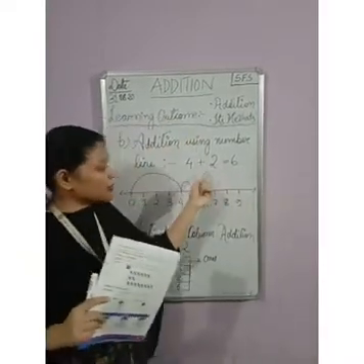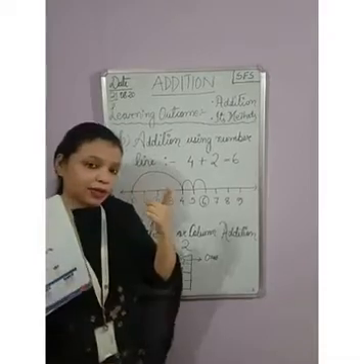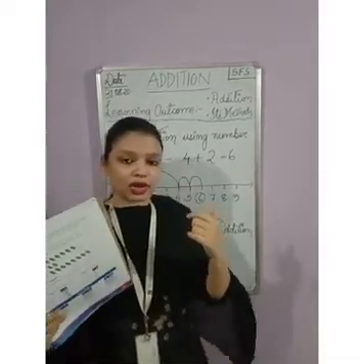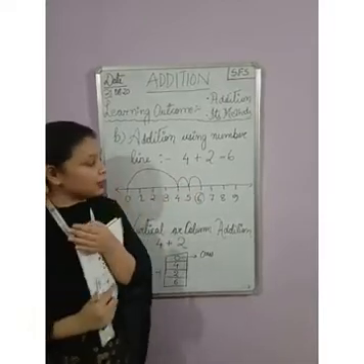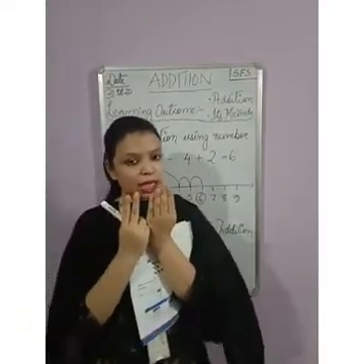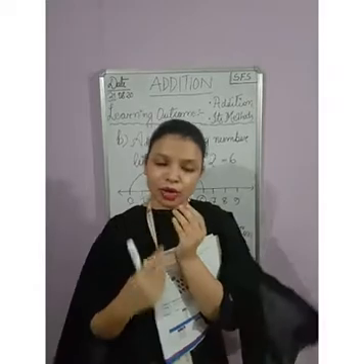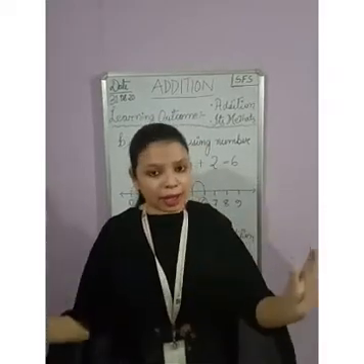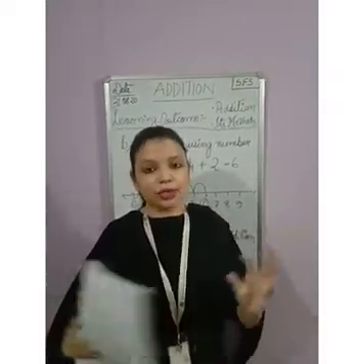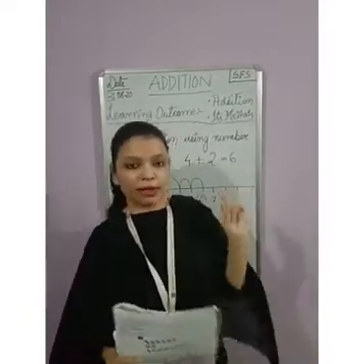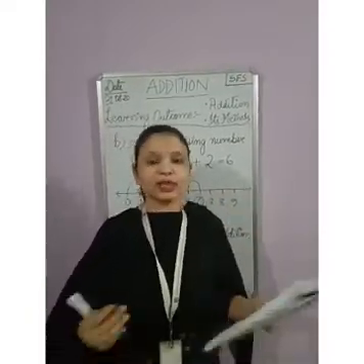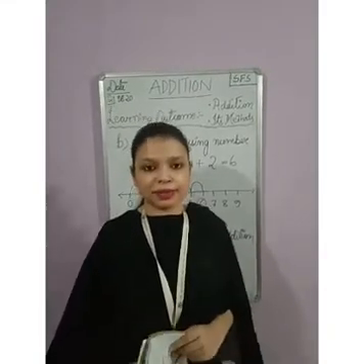The same numbers I will add using my fingers and I will see if the answer is correct or not. So which is the bigger number? 4 and another number 2. The numbers I bring together, how much did I get? 6. So addition is combining the number of objects or the numerals, we are getting the same answer, but the methods are different. So these are the 3 methods of addition.